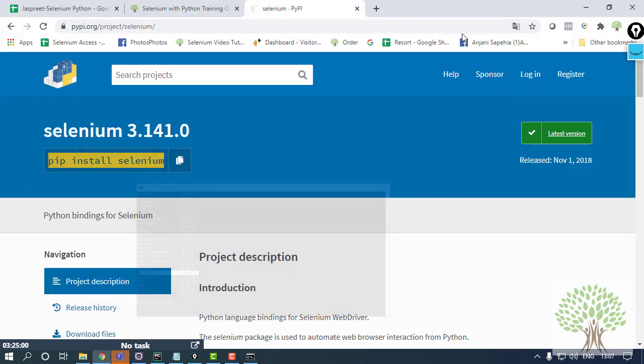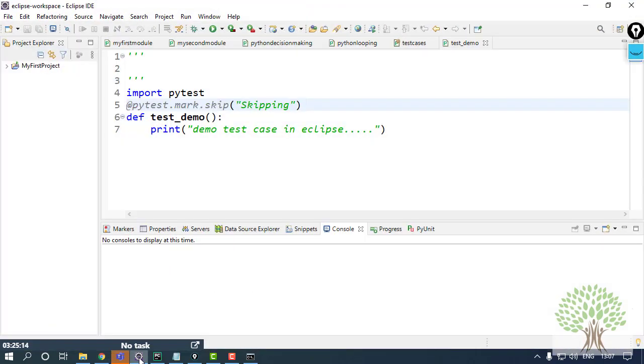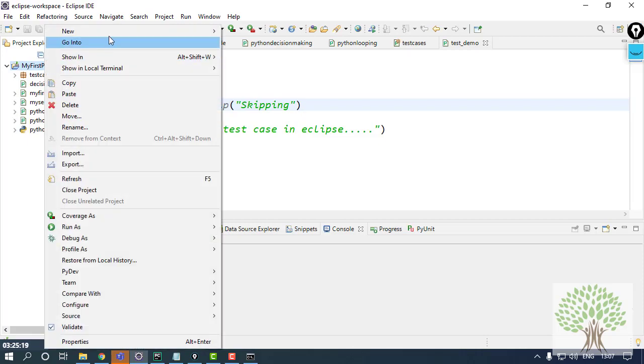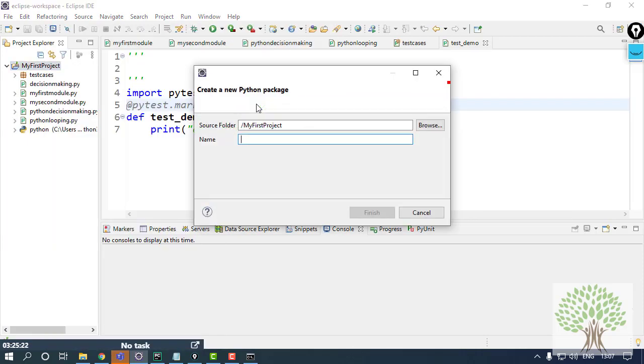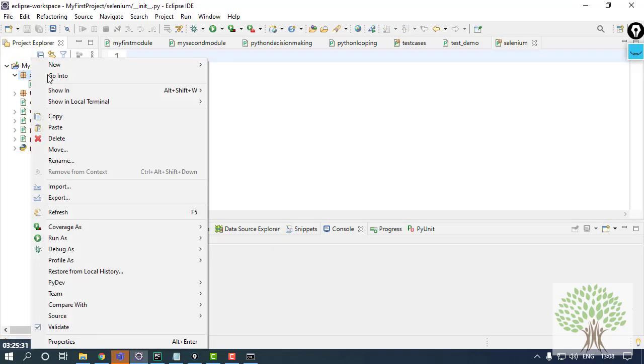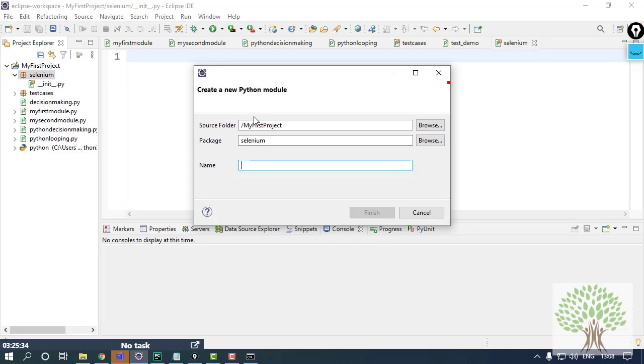Okay, now Selenium is in my system. What I need to do is configure it with my IDEs. First I'll take you through the example of Eclipse, and then I'll come back to PyCharm. Over here in Eclipse, the project is made. I'll create one more package and name it Selenium. Inside this I'll create a module